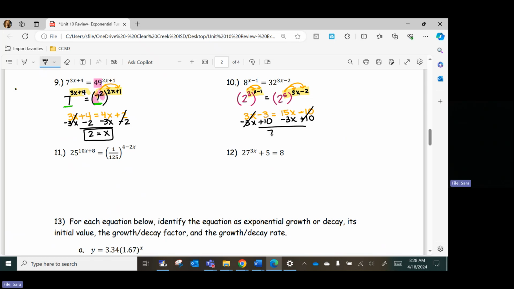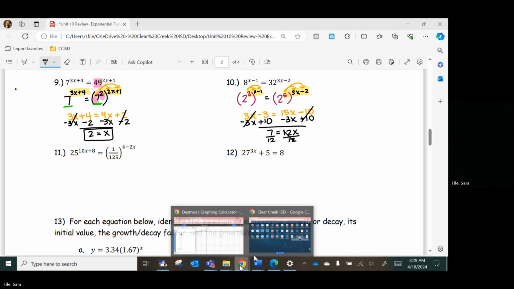So that leaves me with 7 equals, and then 15 minus 3 is 12x. Okay, and then I would have to divide out the coefficient. So I get x is 7/12. Now I can check that. Let me show you again how to check in,